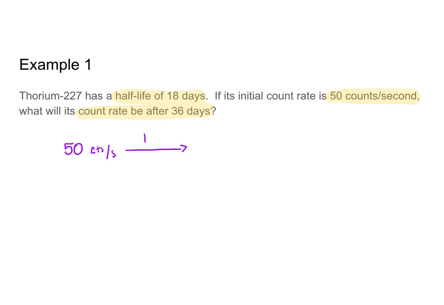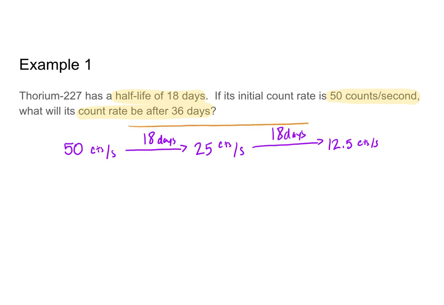After one half-life, which is 18 days, I know that my count rate should be cut in half to 25 counts per second. And then after another 18 days, we're going to be cut in half again to 12.5 counts per second. Now I know then that 18 plus 18 is a total of 36 days. So what that means is that my count rate after 36 days is going to be 12.5 counts per second,